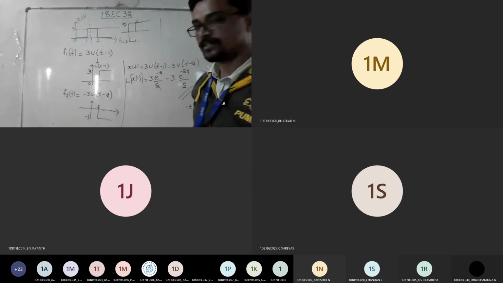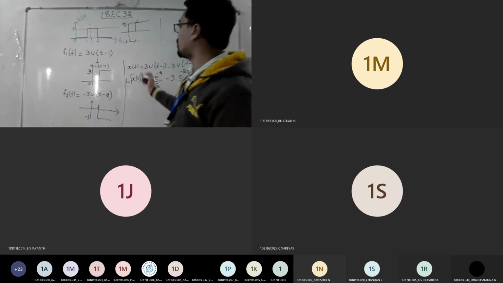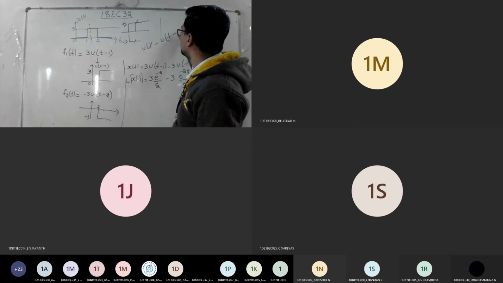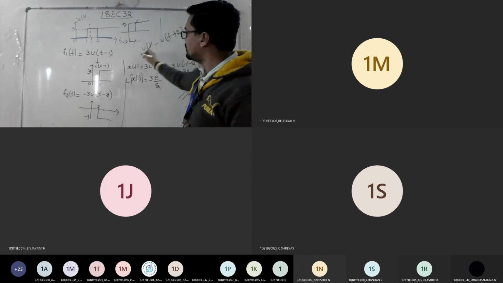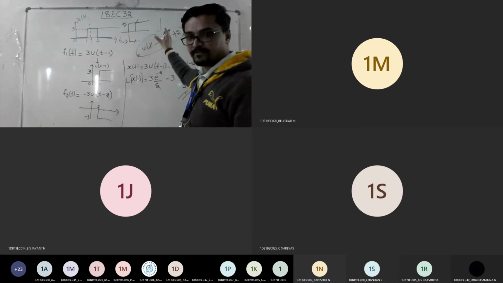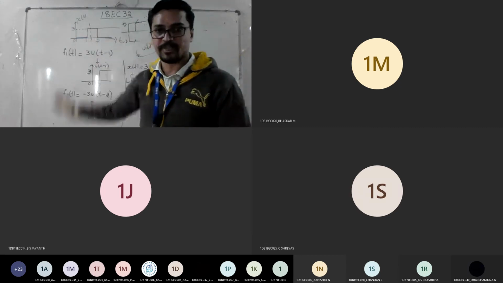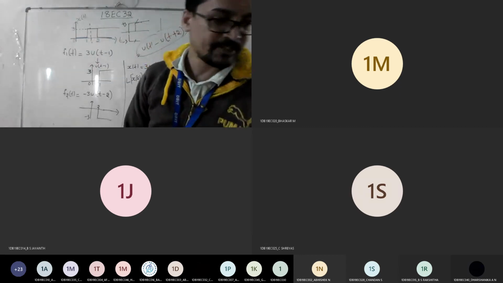Whatever type of signal they give like this, you should have a mind process that tries to get it. You understand the thing I taught you: that is your u(t). Whatever they give, u(t-1), u(t+1), stick to this procedure. If you write this and go reverse engineering, you'll get to know what waveform they have given in the question. Is it fine till here, everyone?